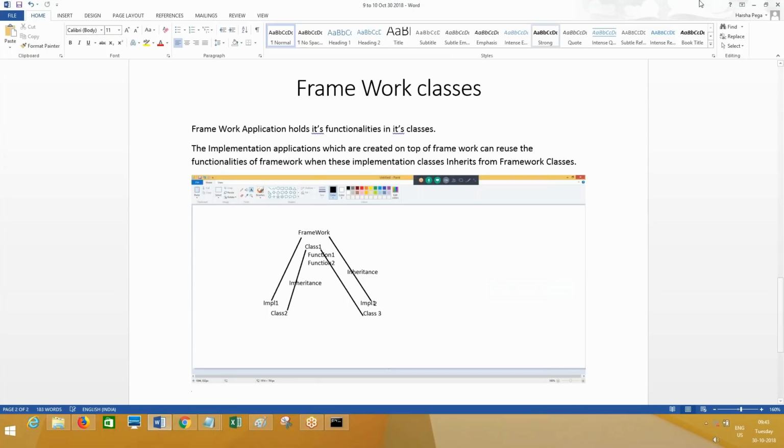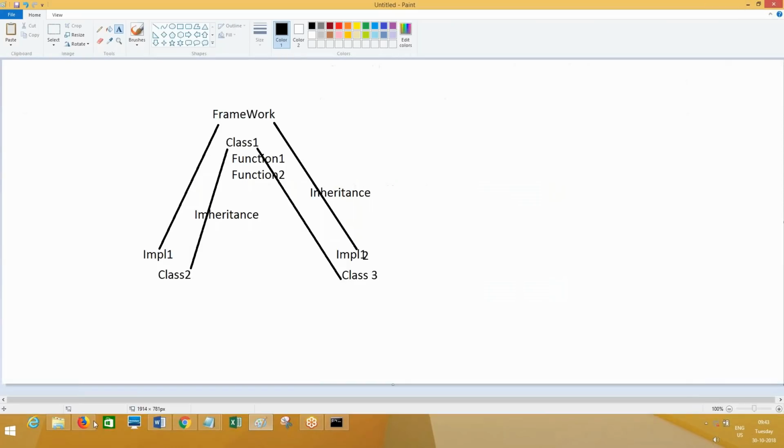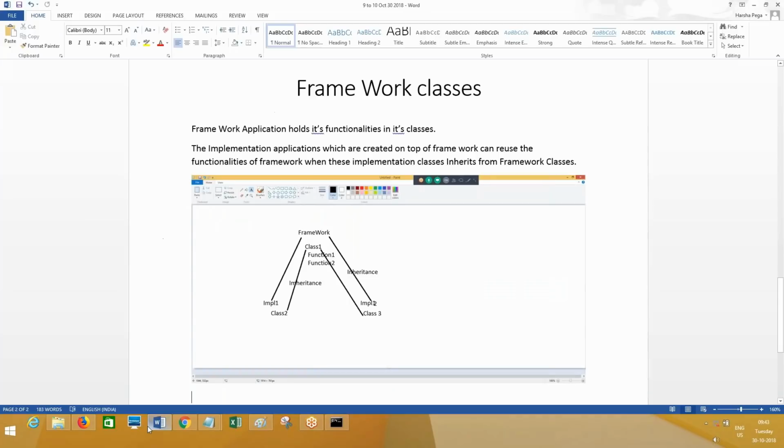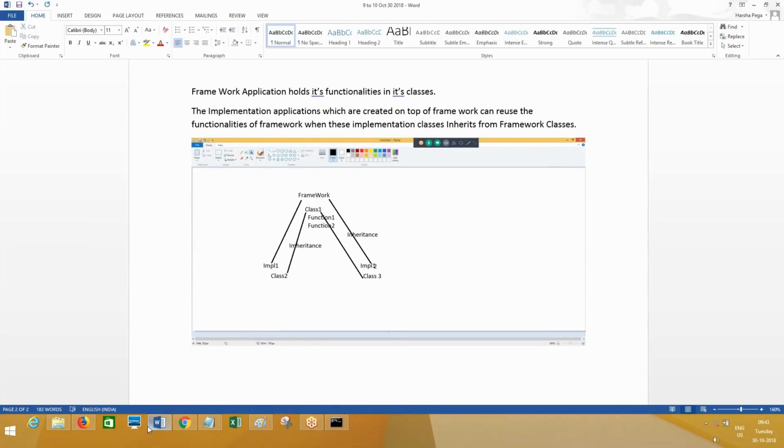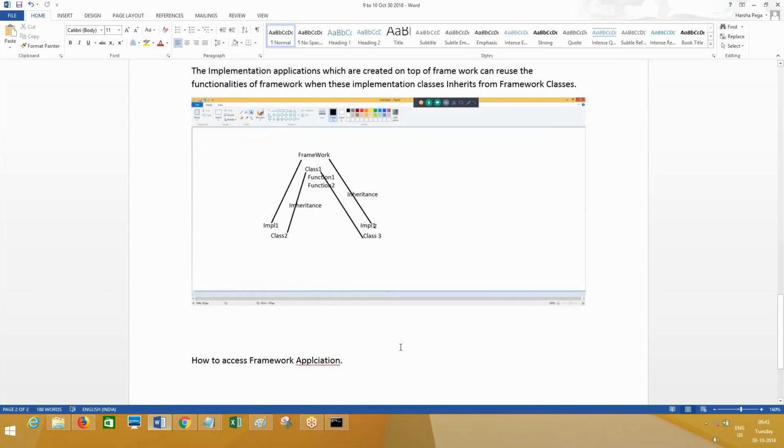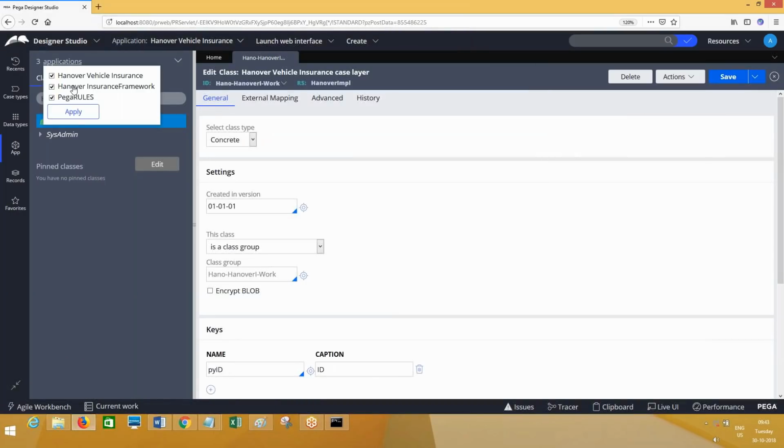Otherwise, now coming to the framework application, let me show you. Without going to the application also you can access it, because implementation is created on top of it. How to access the framework application? Just Designer Studio. This is framework, right?